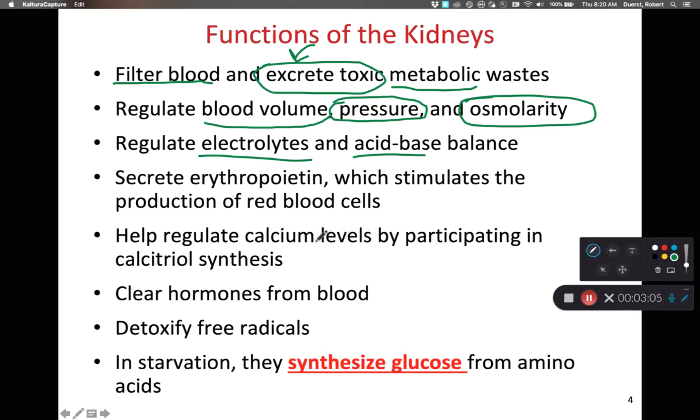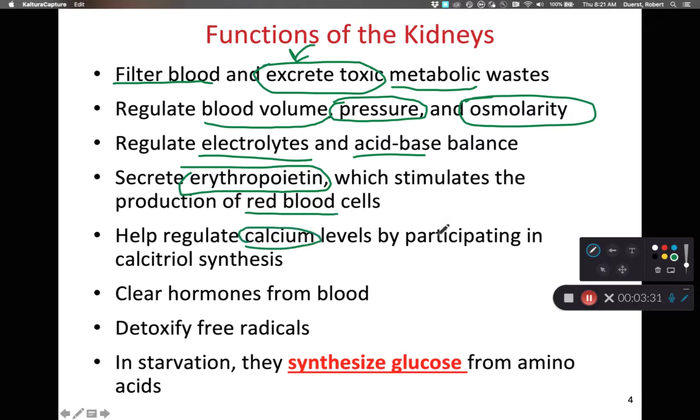When we are hypoxic, when we have low blood oxygen, our kidneys release erythropoietin, EPO. EPO will then travel to the red bone marrow through the bloodstream and stimulate the red bone marrow to make red blood cells, or erythrocytes, and to go through the process of erythropoiesis. So erythropoietin stimulates erythropoiesis. Our kidneys help us to regulate the low amount of calcium in our body, our calcium